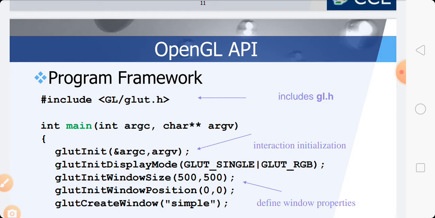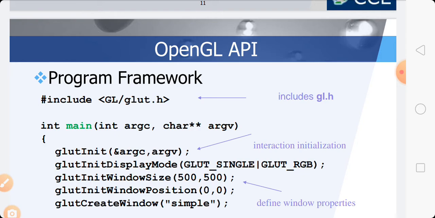glutInit is an initialization method. It provides the interaction between Windows and input output devices. glutInit with &argc and argv, these are the parameters.